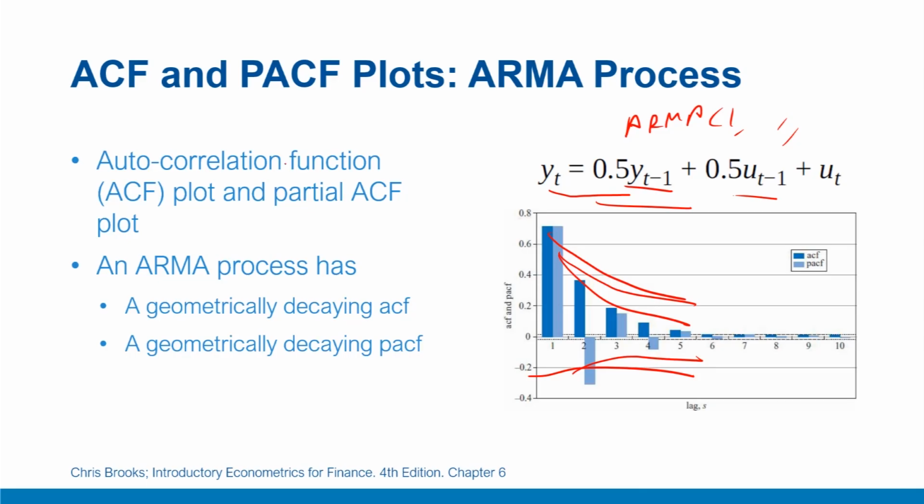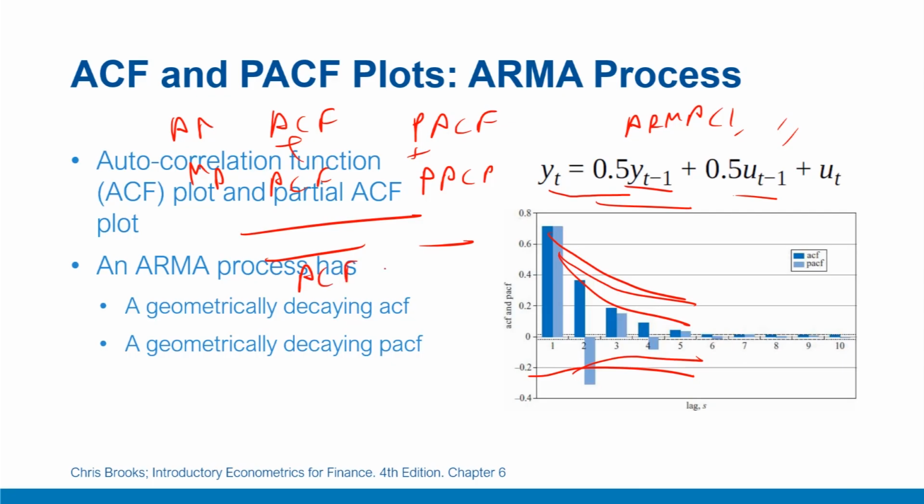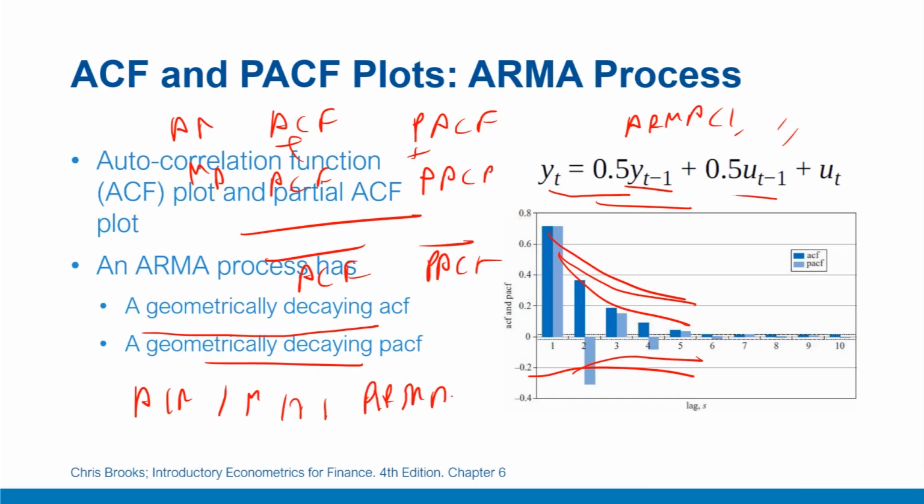So this is ARMA(1,1) process, and it has exponentially declining structure, which is sort of combination of AR and MA itself. If you recall, AR had exponentially declining ACF while cutoff of PACF same as the order of AR process. For MA process, it was exponentially declining PACF while ACF was cutting off at exactly the same as number of order of MA process. If we combine them both for AR and MA, we get both ACF and PACF exponentially declining, and that's how you can exactly identify and differentiate between AR, MA, and ARMA model on ACF PACF diagrams.